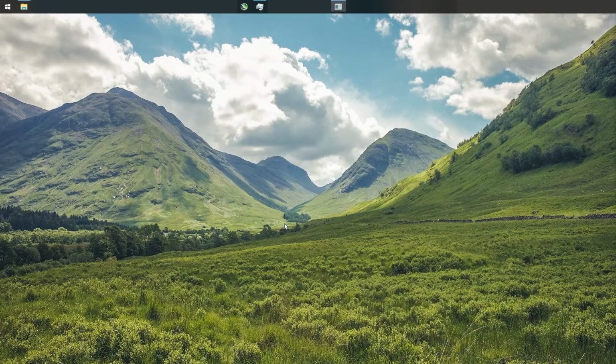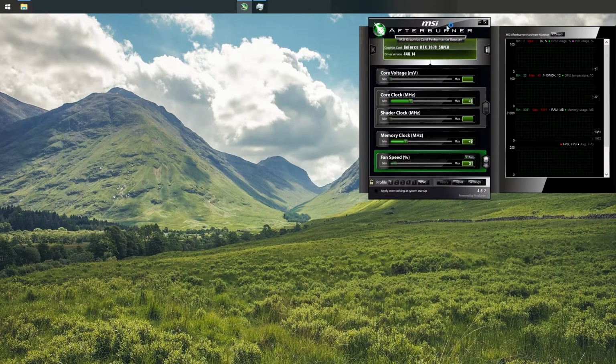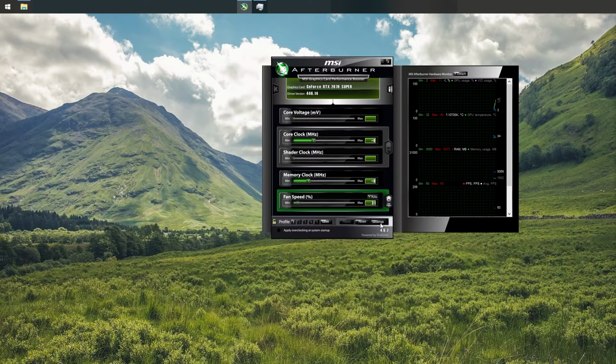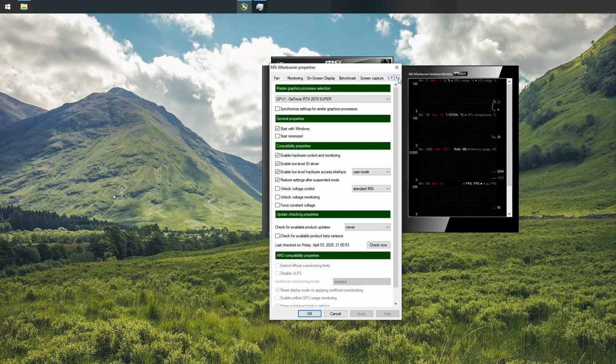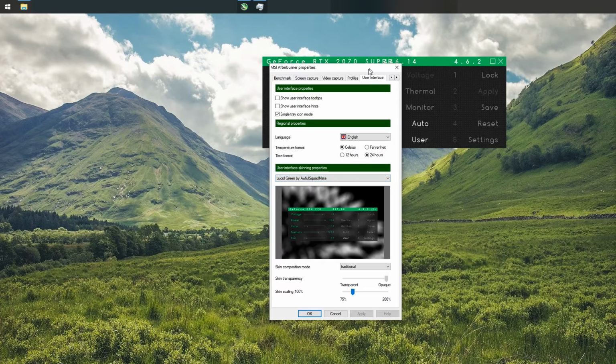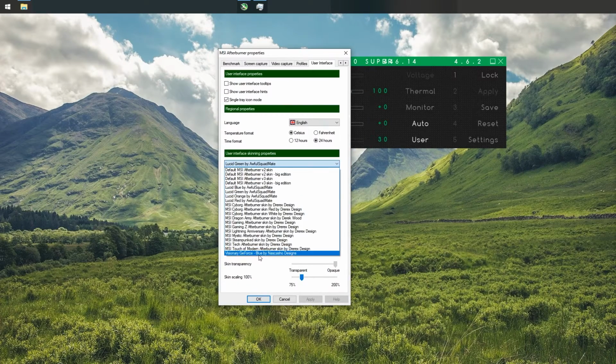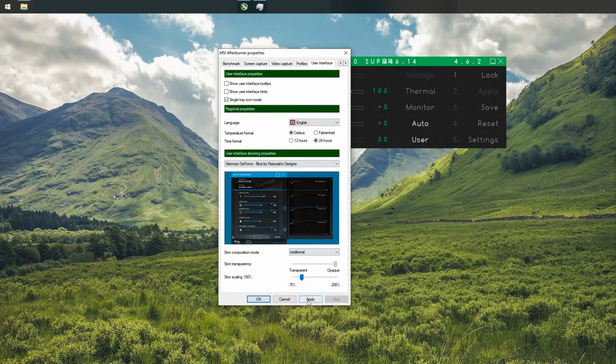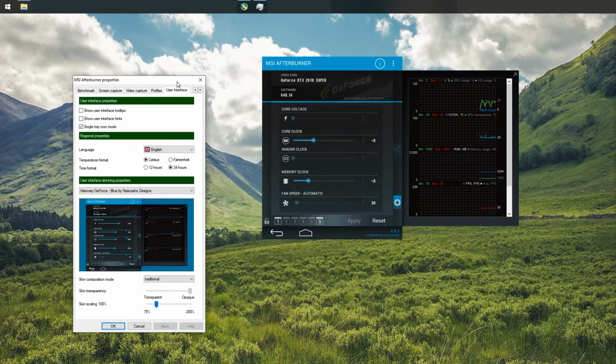Hey, Afterburner by MSI is pretty cool, but it's freaking ugly. Of course, you can download some skins and make it much more pleasant. For example, this Lucid stuff by Awful's Quadmate is fantastic. And then there's a Visionary GeForce, which I've been using for a while, but it's just like everything else, it